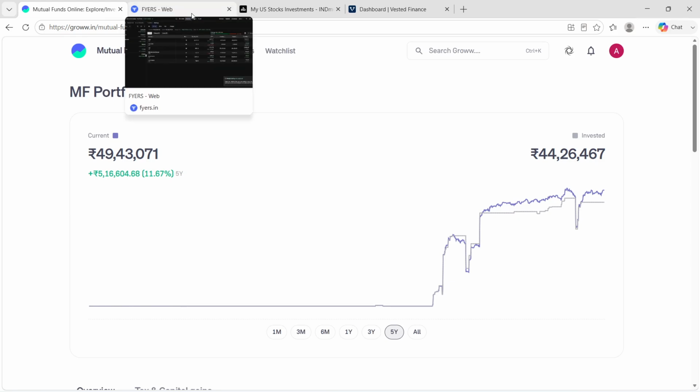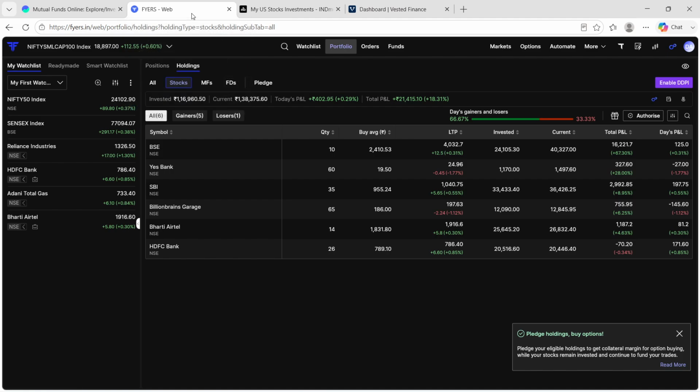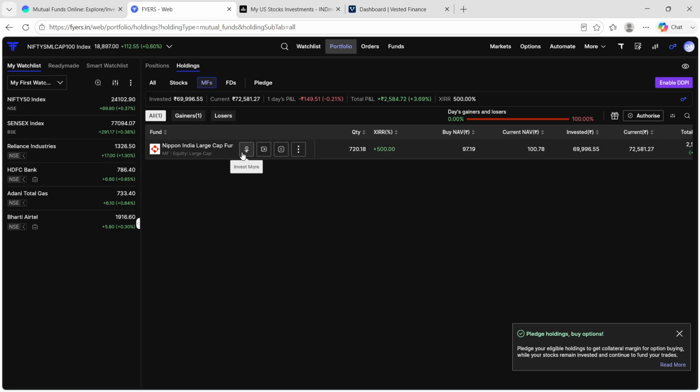And coming to one more account where I invest in Indian stocks, it is the Fire account. Here you can see the stocks. Actually, I just started using this account for investing in some stocks. So you can see the total profit and loss here and the one day change of the stocks. Here I also have one mutual fund investment, a large cap fund. This is my investment, this is the profit, and the one day return is this one. Yeah, these are all about my Indian investment.